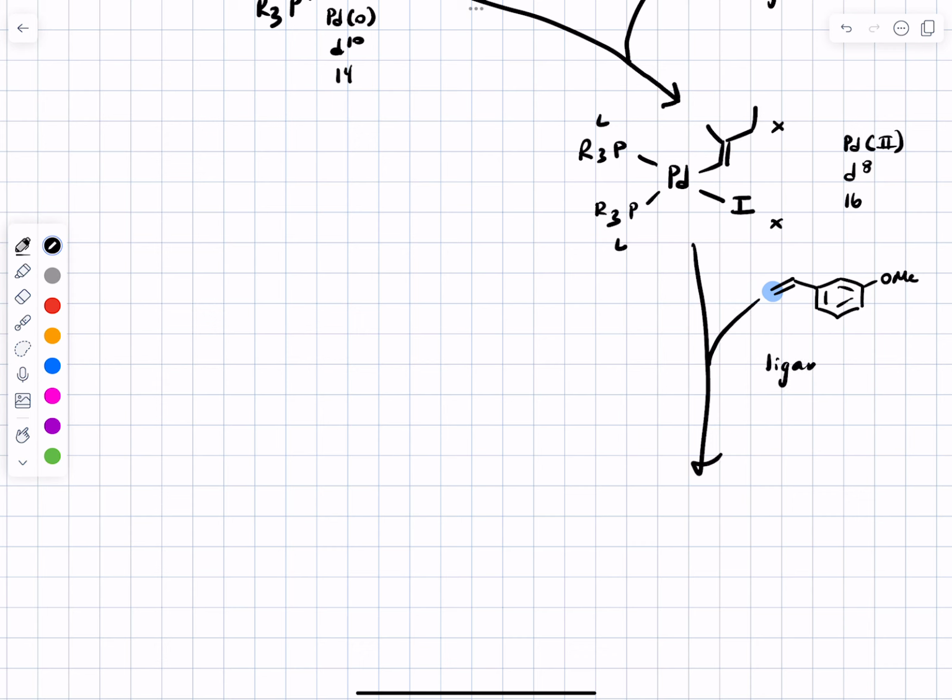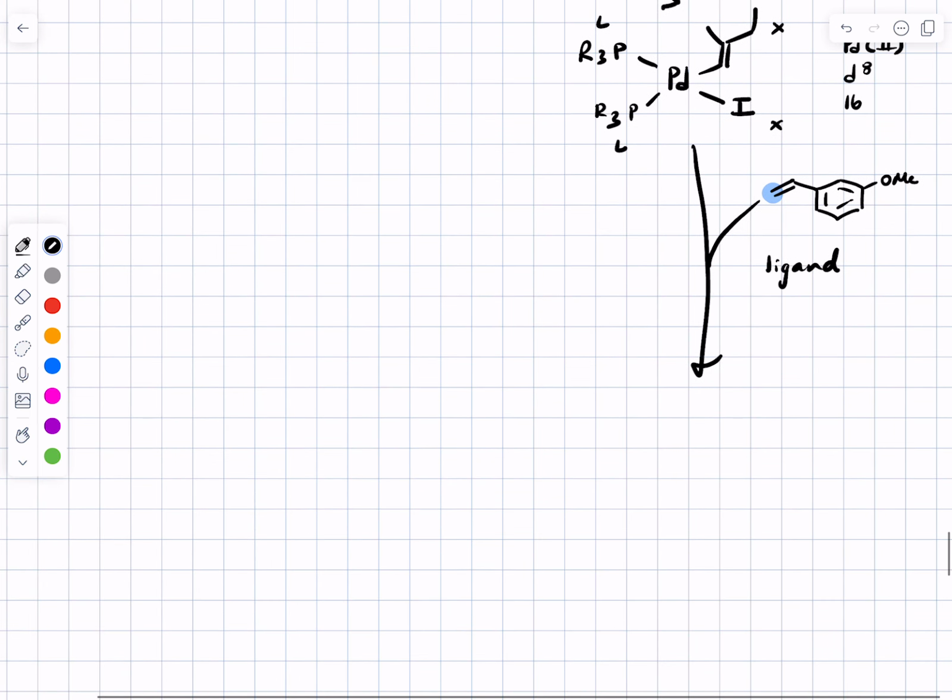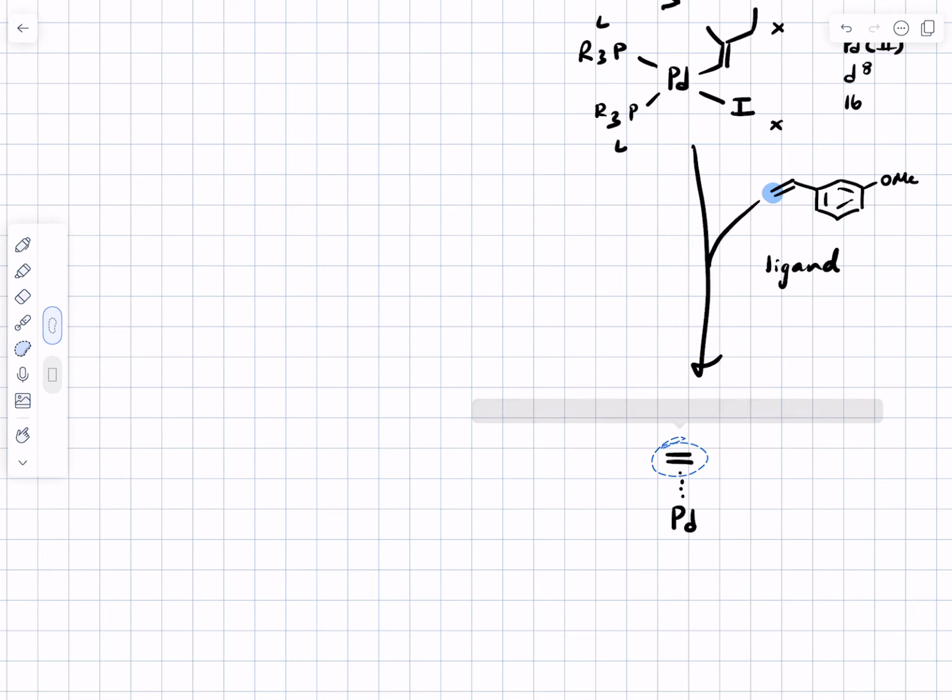They are going to coordinate to the palladium metal. We can show this process happening by drawing palladium with a dotted line here. Here is the olefin, and it's the pi electrons from the olefin that are coordinating the palladium as an L-type